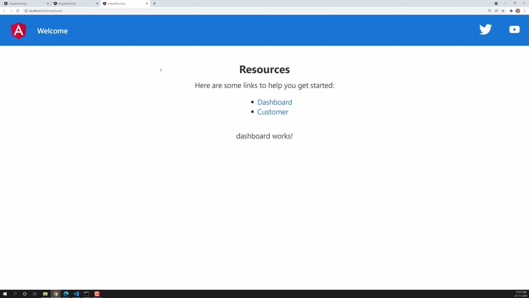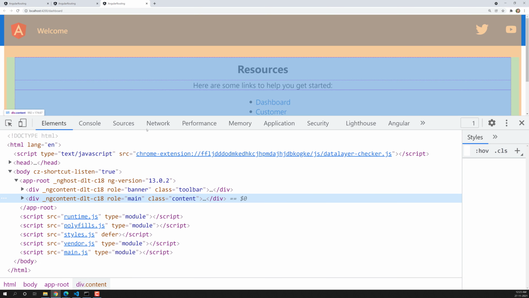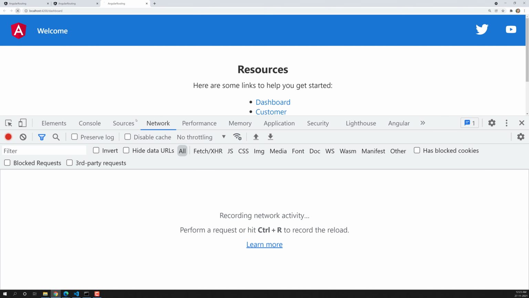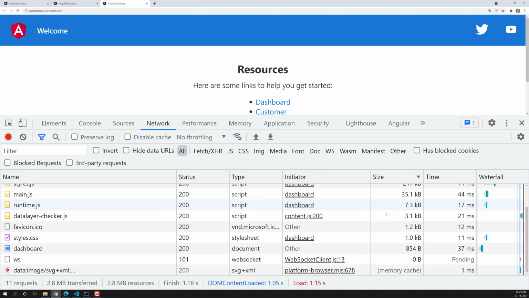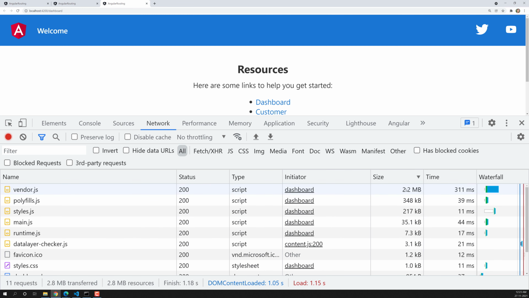Now let's see in the inspect element what the file size is, and whether the file size that we have seen is getting loaded here or not. Now let me sort it by file size, and here the vendor.js is 2.2 MB, so it is correct. Polyfills is 348 KB. So these are all the files that are going to be created. The 2.2 MB that we have seen is too much, right? For a JavaScript file, 2.2 MB is too much. The vendor.js file consists of the Angular core files and all those vendor files. So these are the other files you will have.